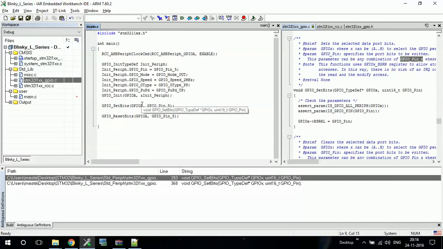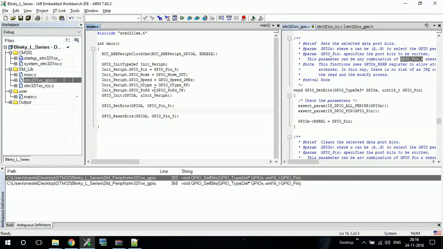Actually you will not be able to see the LED glowing because it will glow for one very small time, that is for one instruction, and in the next instruction it will turn off. So you will not be able to see the difference or see your LED glowing in normal mode.